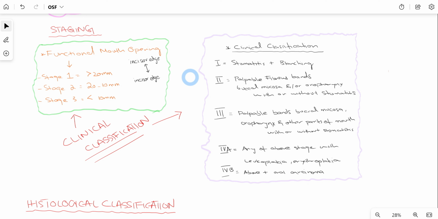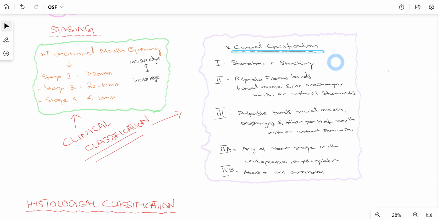Now, in the beginning, we talked about how we measure the mouth opening, like we get an estimate of the mouth opening of the patient. We measure it from the incisal edge of the upper maxillary central incisor to the incisal edge of the lower central incisors. Now, stage 1 tells us that the mouth opening is less than 30 mm but greater than 20 mm. Stage 2 tells us that the mouth opening is between 10 to 20 mm. However, stage 3, which is the severe stage, mouth opening here is less than 10 mm. This is the first classification that gives us an idea how much the trismus has affected the mouth opening of the patient.